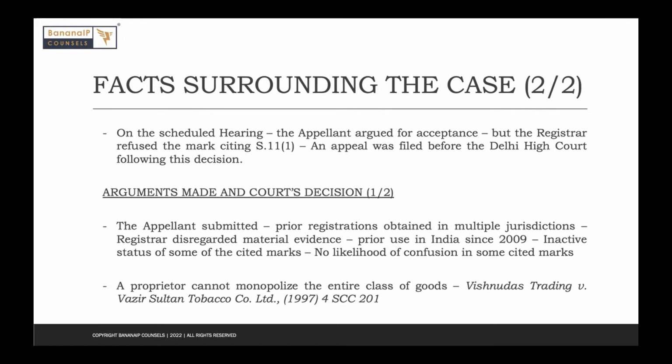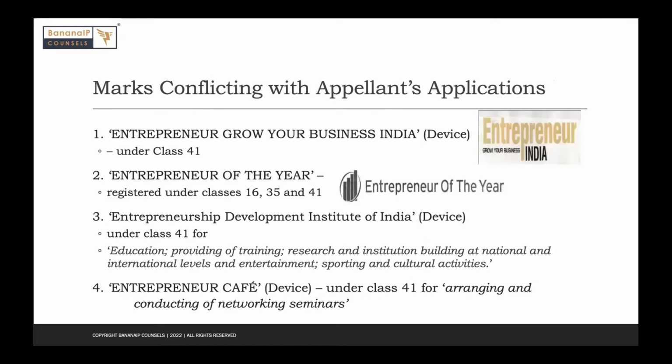Let's take a look at the marks once again. For the marks 1 and 2, the appellant argued that the proprietor of the first mark had already given a letter of consent for the use and registration of the mark by the applicant in India. For the second mark, the application had already been withdrawn because the applicant did not wish to pursue this particular mark in India. For the third and fourth, the applicant for the mark entrepreneur, that is the appellant in this case, argued that they had varying class descriptions and did not conflict with the applicant's mark in the first place, and that there was no likelihood of confusion for both of these marks.